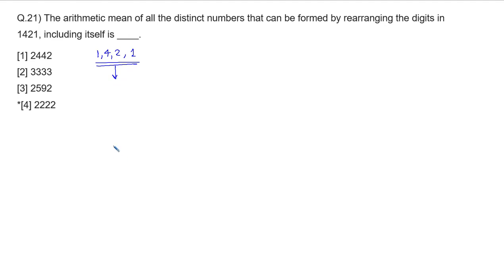In how many ways we can arrange this? 4 factorial divided by 2 factorial, because 1 is repeated 2 times. 24 divided by 2, that is equal to 12 numbers are going to form, and we need to find the average of these 12 numbers. So sum of these 12 numbers